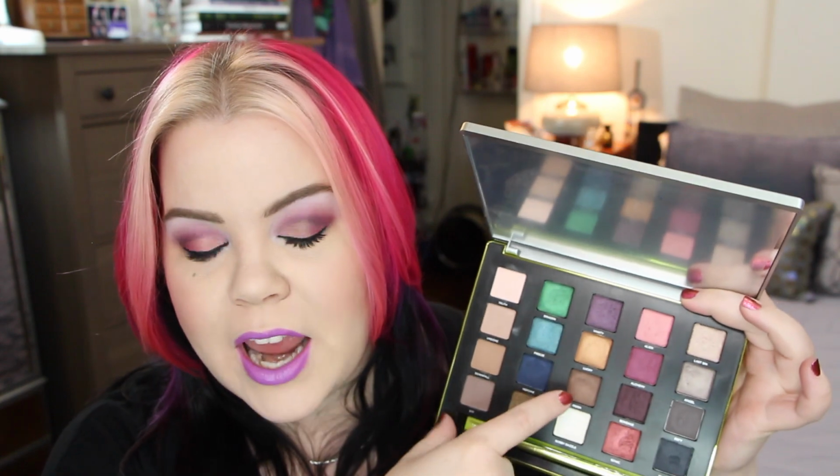There's no dark brown, like no dark matte brown. There's Rain, which is like that root beer lighter brown, and it's shimmery. And then Defy is in there, but it's a little bit more of a mauve gray than it is brown. I'm really sorry because I don't know if I'm going to be able to do a tutorial with this